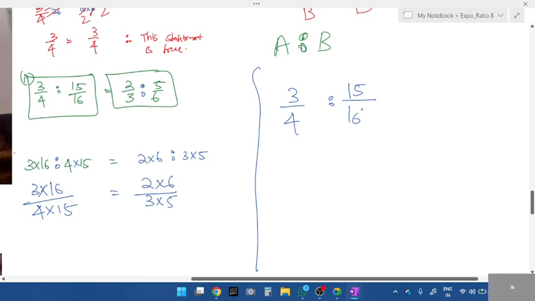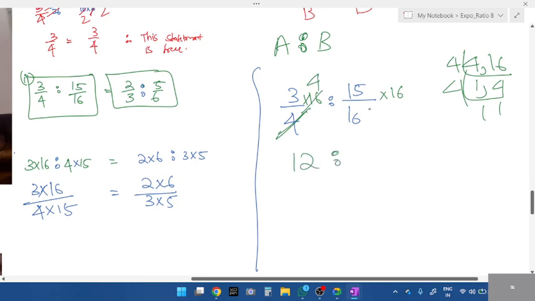Let me take only this. Didn't I teach you LCM method? Yes. What's the LCM method? Look here. 4 ones are 4, 4 fours are 16. What's the LCM you get? So with what do I have to multiply? 16, right? What's the answer? 4 ones are 4, 4 fours are 16. What do you get? 4 threes are 12. 12 is to